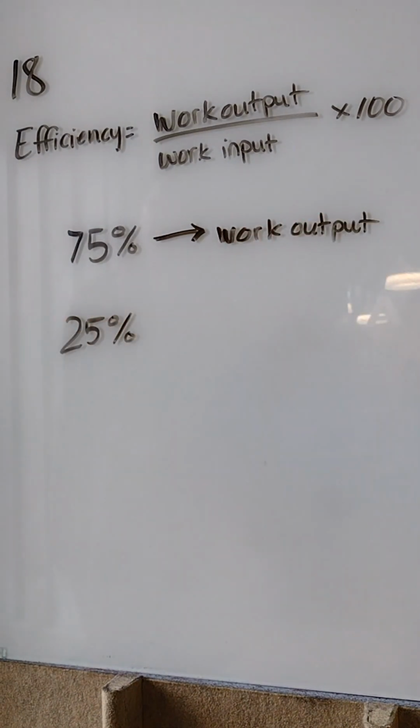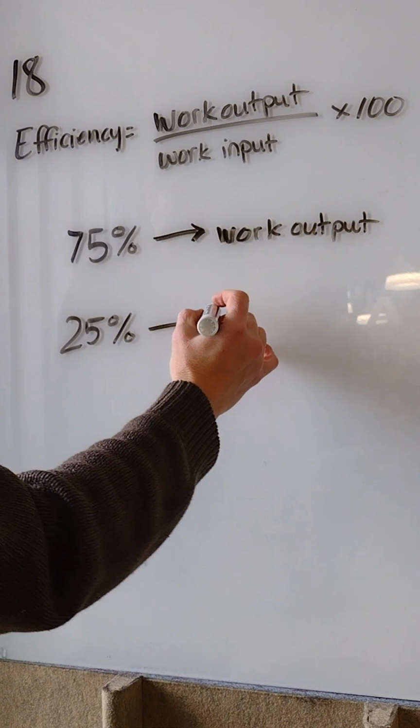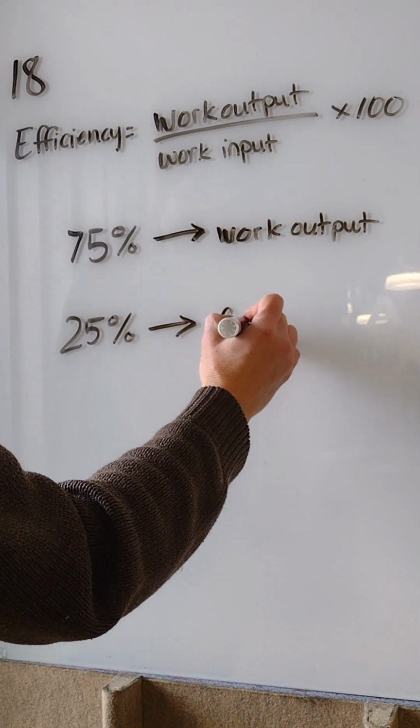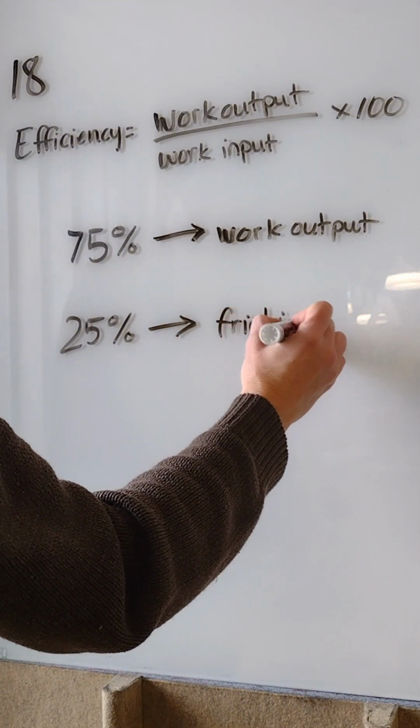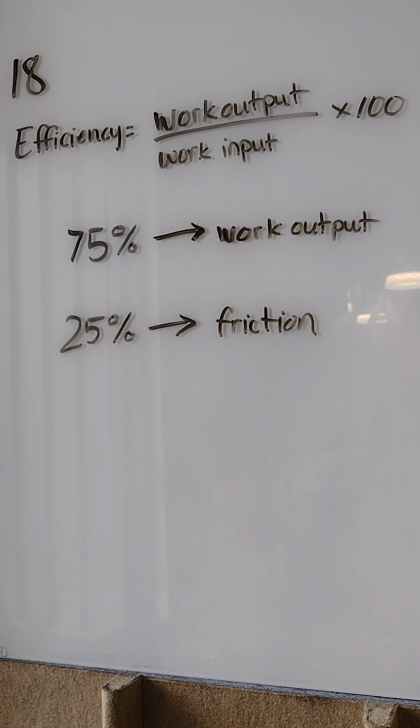What's the other 25% going to be? Unfortunately, it's going to just be lost to friction. So for number 18, 75% of the work input becomes work output, while the other 25% of work input is